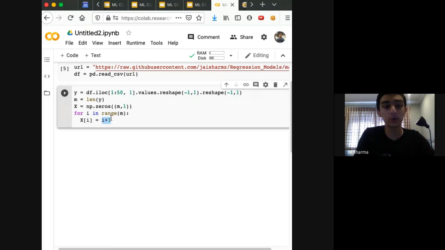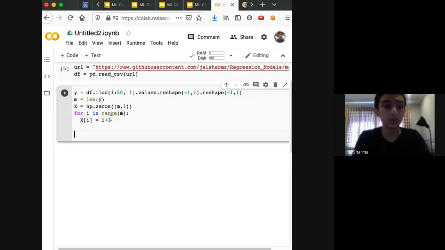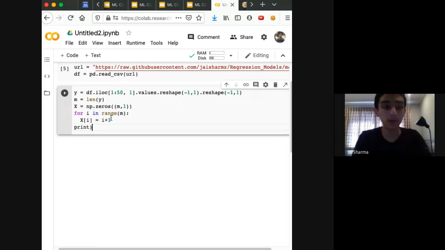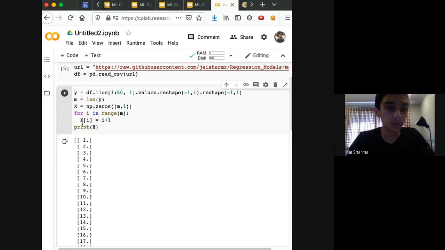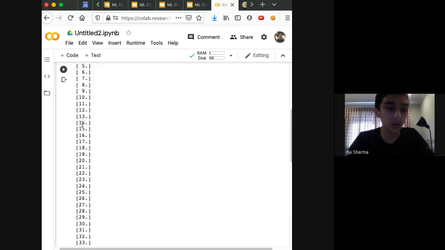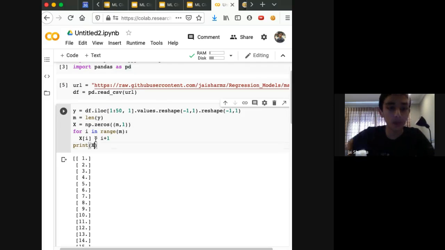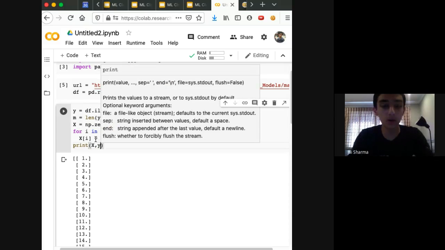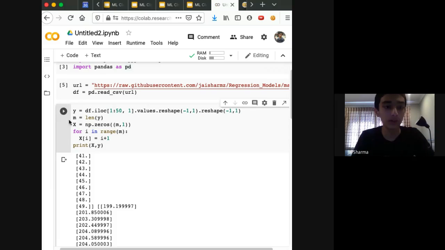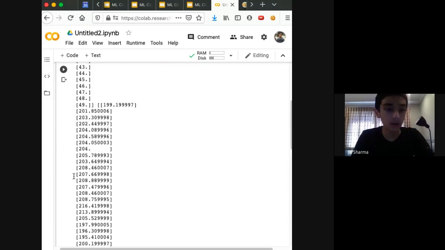So the 0th row will be equal to 1, and the first row will be equal to 2, and so on. So if we print x, then we should get just 1, 2, 3, 4, 5, 6, all the way to 49. And we can also print x comma y,